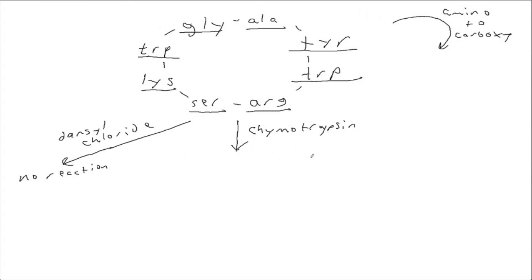That's why I had to tell you what my amino to carboxy direction was, because that's not obvious from the picture anymore. If it was linear, you would know the amino end was on the left and the carboxy end was on the right. But if it's a circle, you have to specify what your amino to carboxy direction is. That's why I specified here that this was our amino to carboxy direction. So that should tell you who we can count as before and who we can count as after